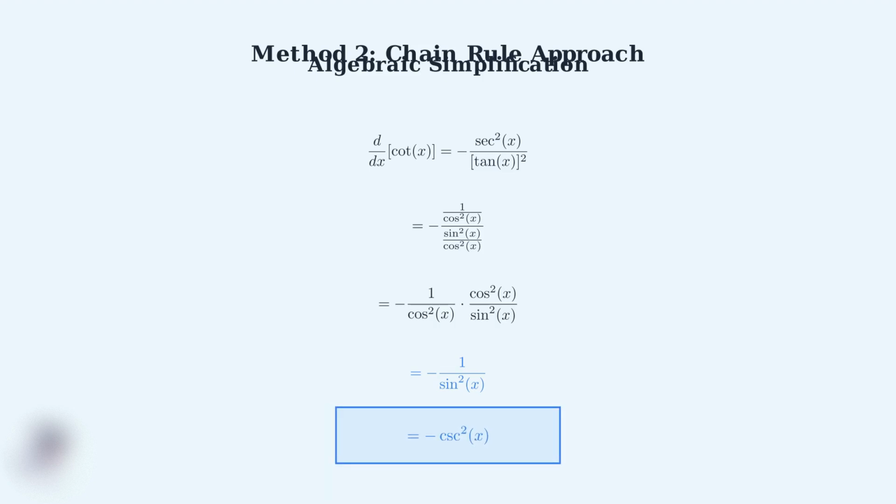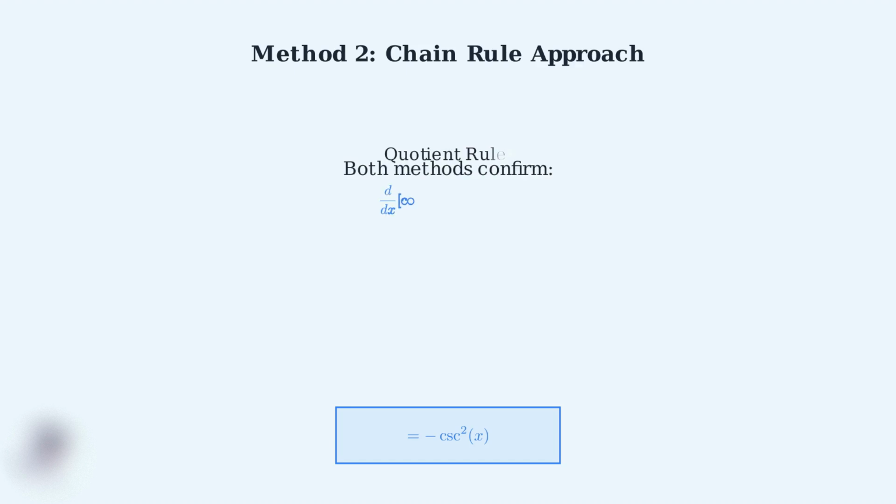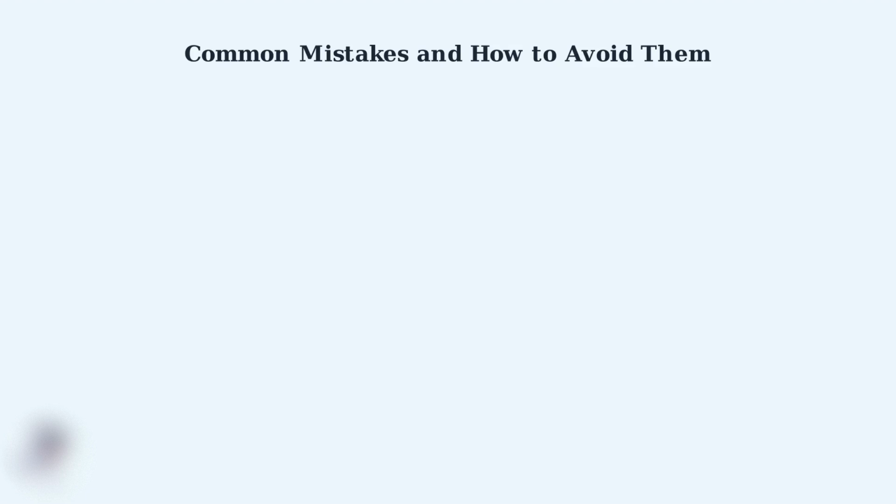Both approaches give us the same answer. The derivative of cotangent x is negative cosecant squared x. The chain rule method demonstrates the versatility of calculus techniques. By expressing cotangent as tangent to the negative first power, we transformed a quotient into a composition of functions, making the chain rule applicable. Now that we've learned how to find the derivative of cotangent, it's crucial to understand the